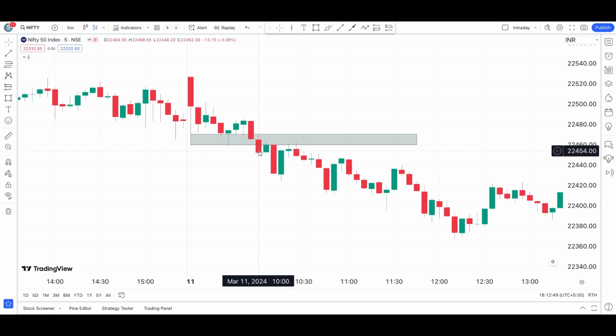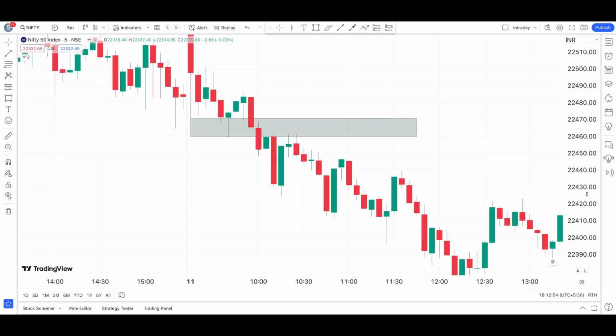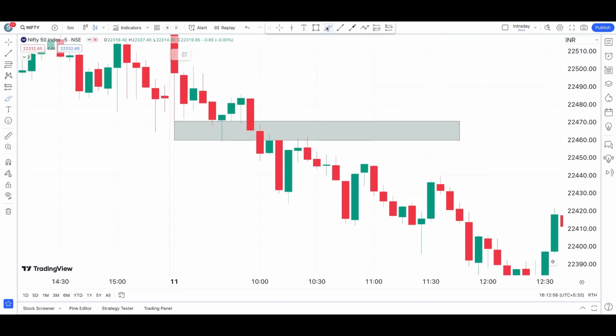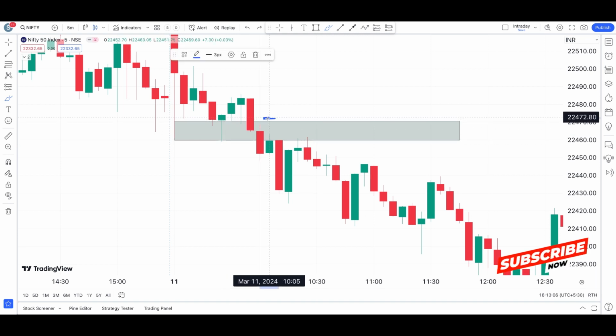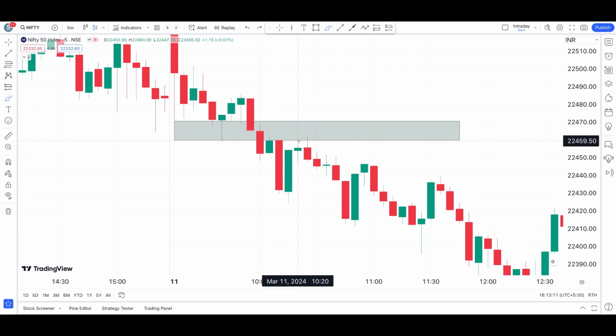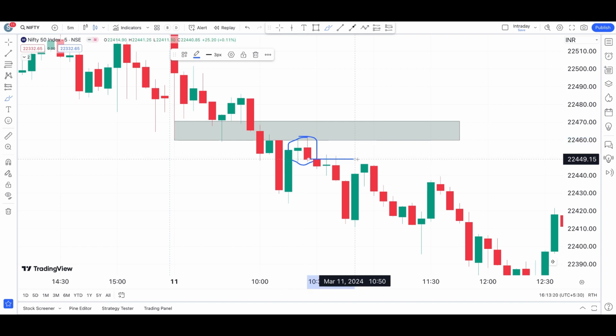Now you have seen a breakout and you have seen a failed breakout. We can tell that with the 10:05 candle, which is not a proper confirmation candle. This is a green candle after this breakout, so it's not a confirmation candle. But again, you cannot go long because this candle is not seen getting closed above this. Now, when Nifty touches this area for the second time, you have seen a bearish engulfing pattern there. So here you can definitely take a trade towards the downside with this anywhere as your target, and